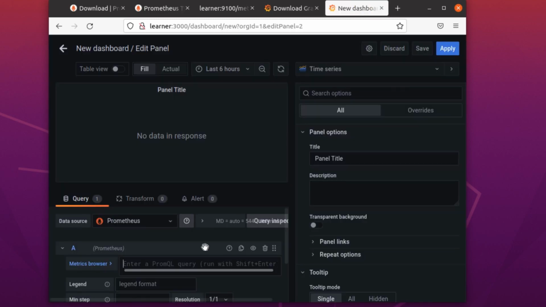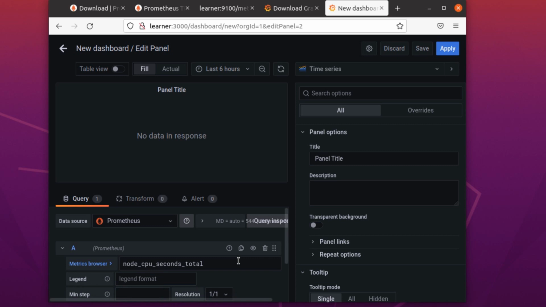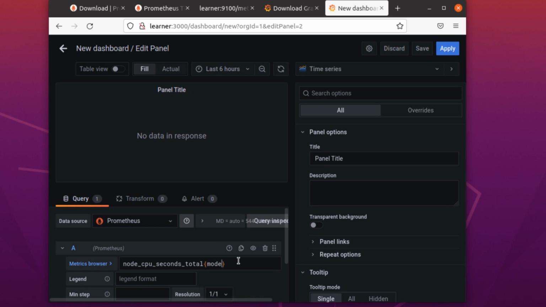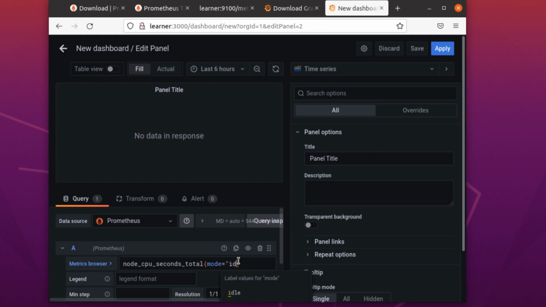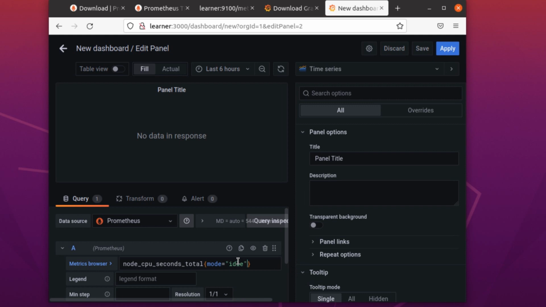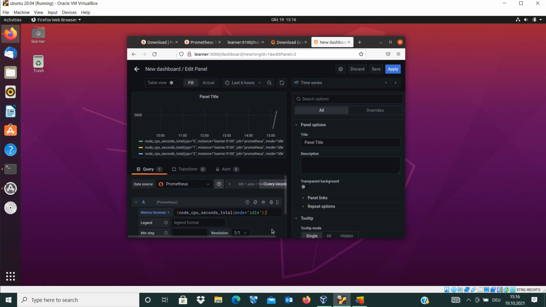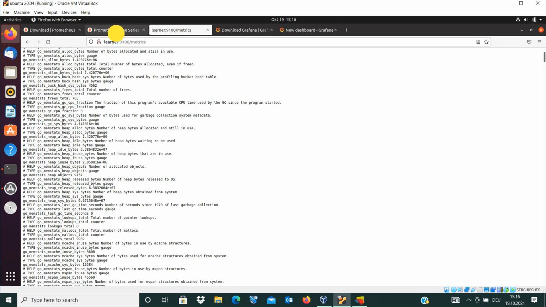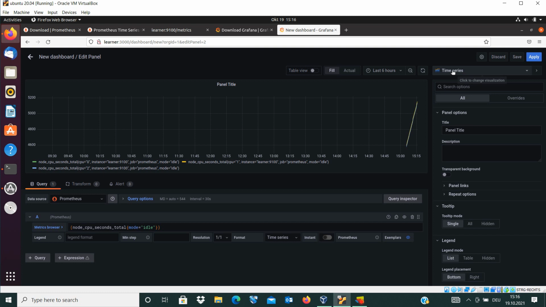I just copy it and I come to Grafana, and under query I paste the metric, and beside that I would paste also mode, and after that equals idle, and after that if we put all of them in parentheses, it will be better. So you see that here the metric works,